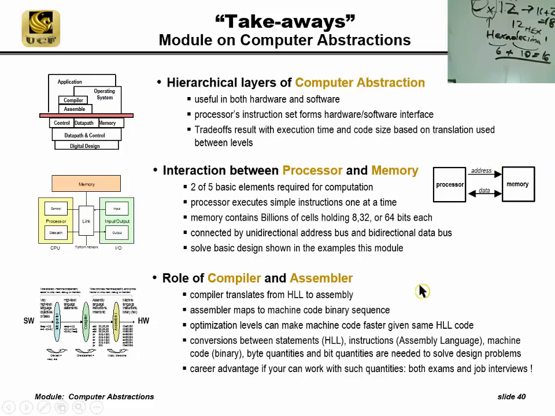Data is width. And compiler and assembler are the binary translating software, or what we call middleware, programs that help us to make these translations. And we'll cover these in more detail in a later module. But these are important for job interviews, especially because these mappings come up a lot, so you can understand some of these. As we go through the class, we're going to introduce them in this module, and we're going to keep talking about making a mapping between something that's human readable and machine code, whether it's instructions going from assembly to machine code,